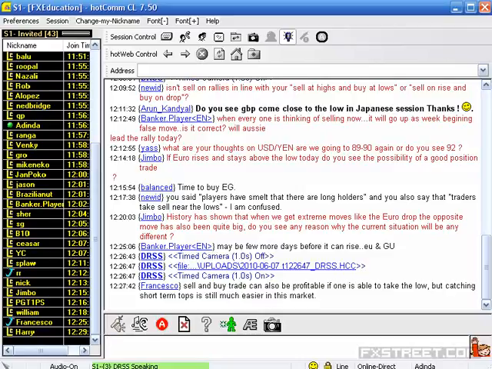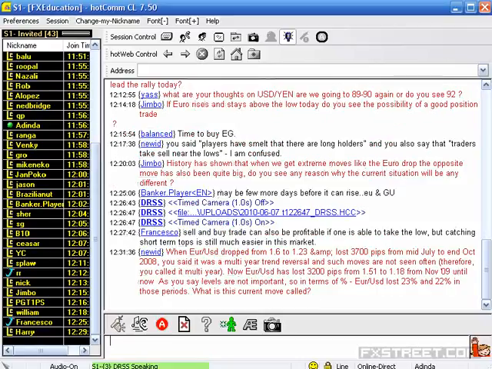Otherwise, you can wait for the gap time and see what sort of gap time moves they are making. Or wait for 30 minutes of the session start. Then see how they are. When they come closer to that of the low or closer to that of the high, you just review the market. Rather than when they are staying and taking rest in the middle level. That means low volume prevails in the market. That is why they keep the market in the middle level with nominal swings of 5 to 10 pips.